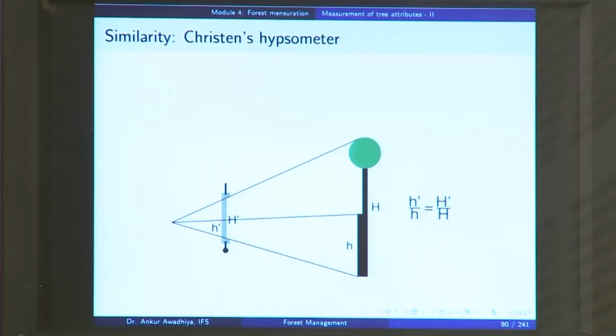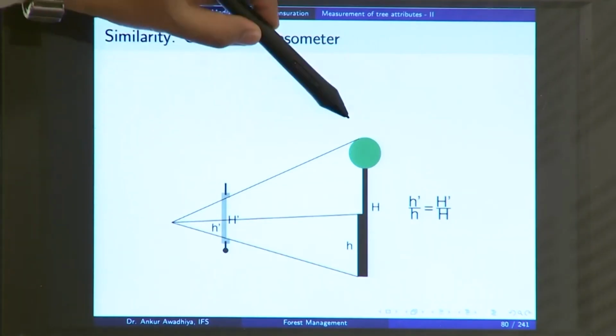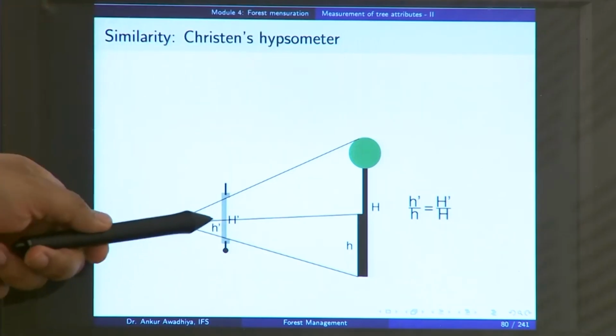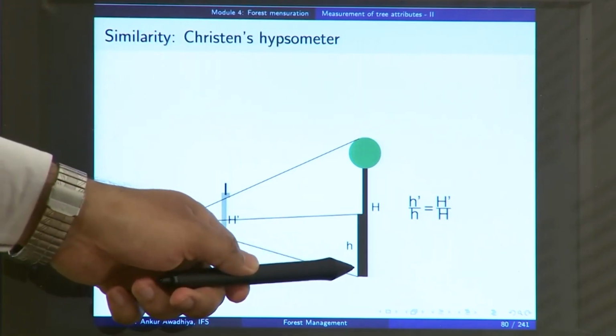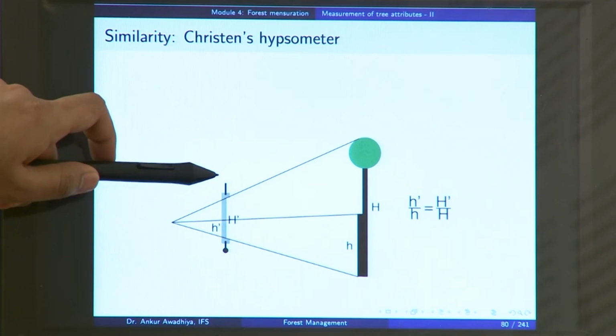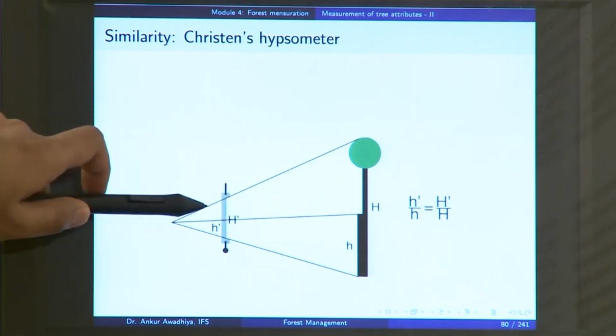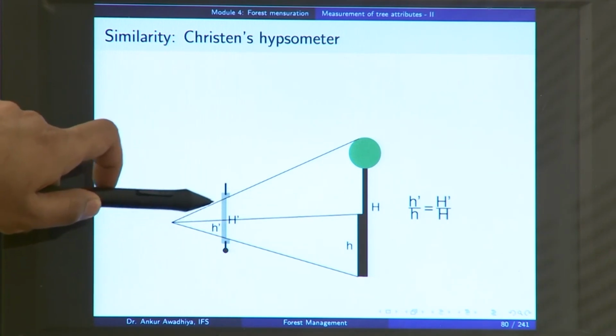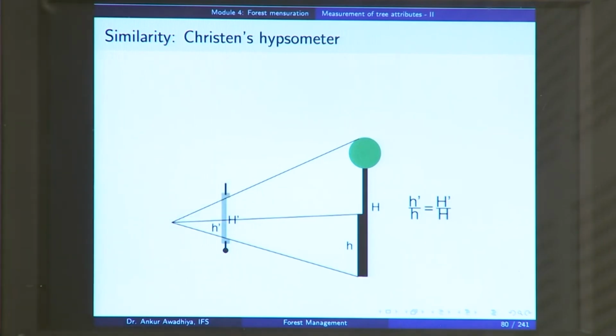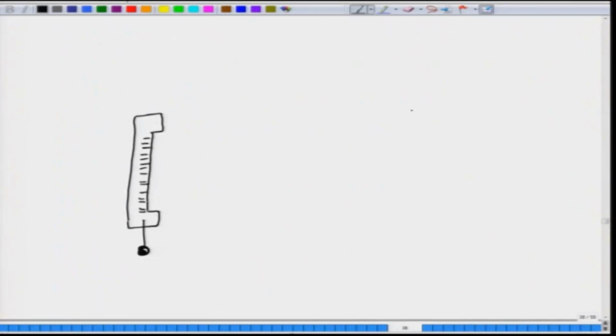Now, what is happening in that case is that here is your eye level, the top of the hypsometer and the top of the tree are in the same line, the bottom of the hypsometer and the base of the tree are in the same line, and you look at the top of the rod and you try to figure out what is the reading that you are getting from the hypsometer. So, in this case you will find out, say the reading is this much. So, next you can make use of the principles of similar triangles. So, what we are having in this case is that this is your I,